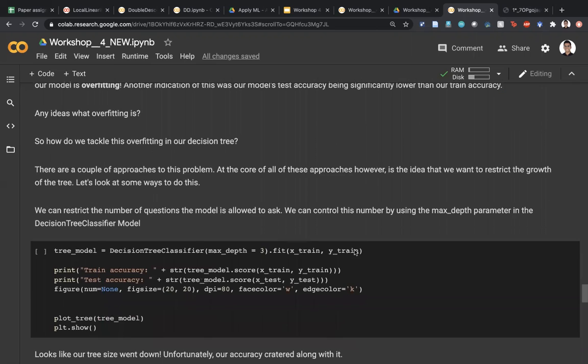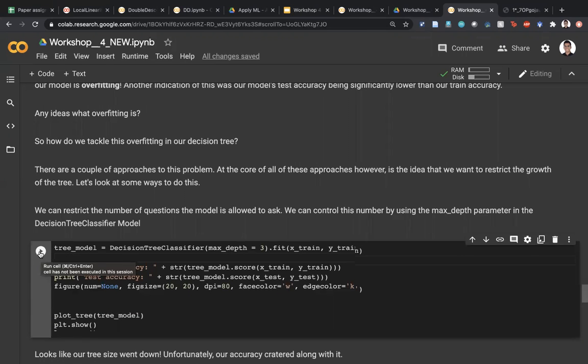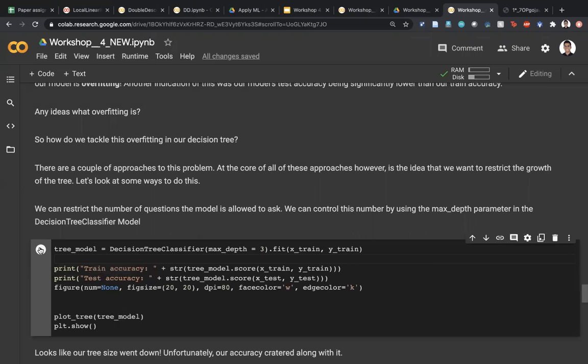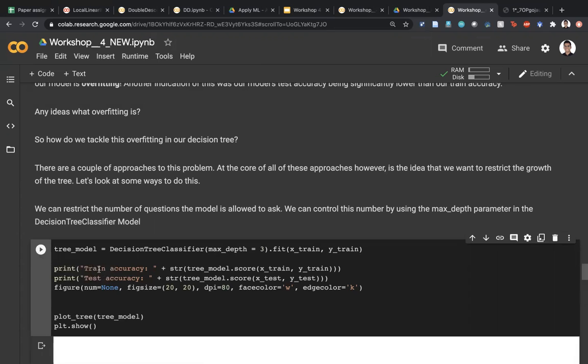So let's take a look at this next chunk of code here. What we're going to do right here is restrict the number of questions our model is able to ask. If you remember from earlier, I was talking about the different parameters that the decision tree model had, and one of the ones I pointed out was max depth. Max depth controls the depth of the tree and puts a limit on the number of questions your tree can ask, right? So Varun, if you run that chunk of code for me,